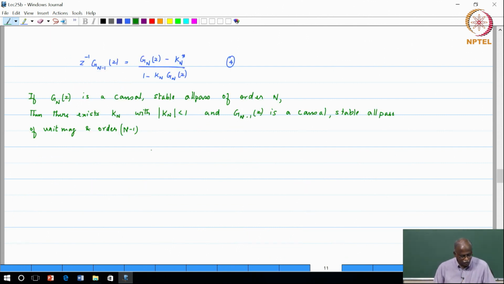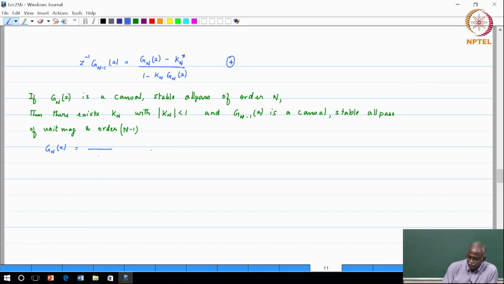Okay, so our task now is to quickly verify this. Of course, if you have worked with lattices, this would be quite an easy task, but even if you have not worked with it, it is a very interesting exercise. So, let us look through that. Okay. So, Gn of z is a causal stable all pass function. So, we would like to write down Gn of z. The form of Gn of z